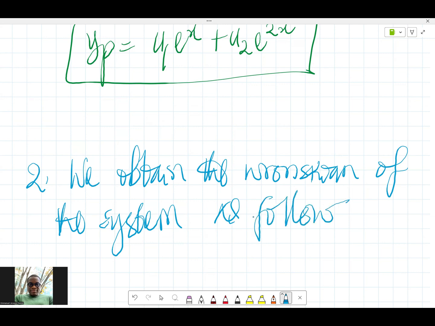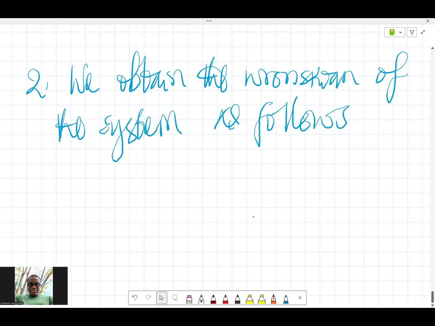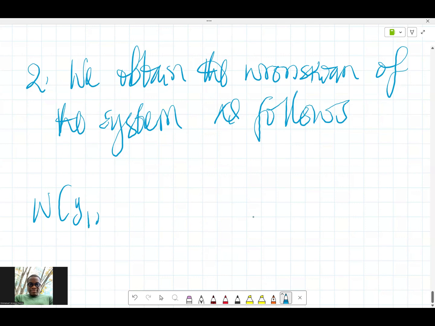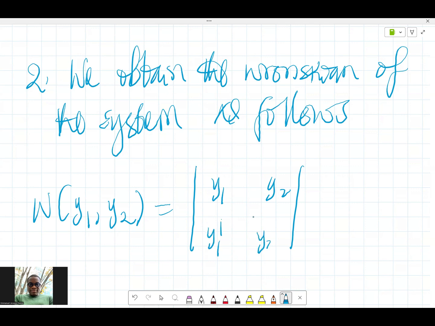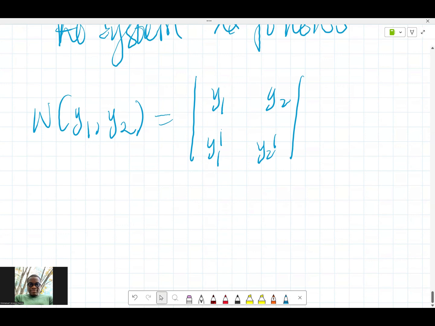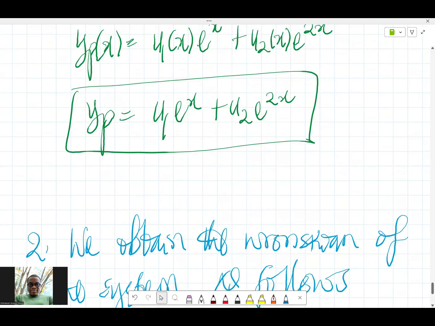The Wronskian W of y1 and y2 is simply the determinant of y1, y2, and then y1 prime, y2 prime, basically. So that's what the Wronskian should look like, because normally the Wronskian is y1 y2 prime minus y2 y1 prime. So W of y1, y2 is simply the same as the determinant of